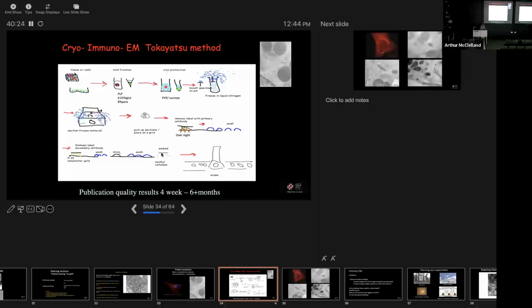So do your gold nanoparticles have any surface modification? Well, they're conjugated to an antibody. Oh, I see. So you've got a rabbit antibody, and you get an anti-rabbit gold particle. I see. But do you have any characterization of the density of antibody on the nanoparticle? The fractionation? No, that you would need cryo-TEM. I see. Thank you. We're not looking at that, we're still at the cellular level, nanometer scale.